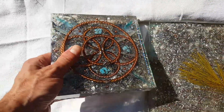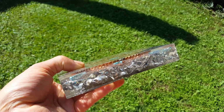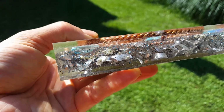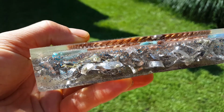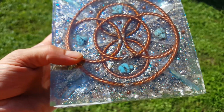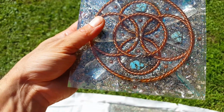Here's another, just to give you guys an idea. This one's pretty thick, and I don't know if you can tell, but you can kind of see the layers in this. It looks like this one had 1, 2, 3, 4, 5, maybe 6 layers or so, 5 or 6. And these copper rings took forever. These